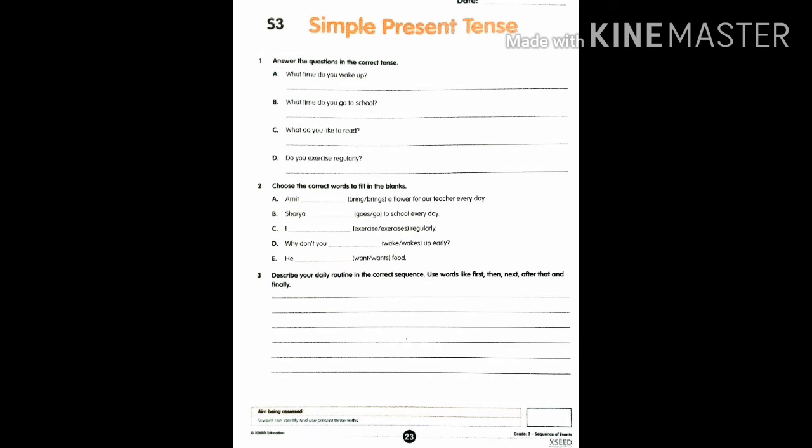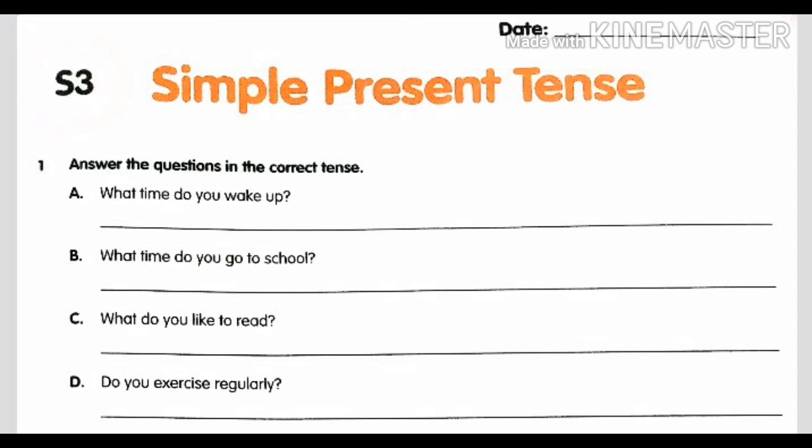Now open your volume. Page number 23. Now see the first question. Answer the questions in the correct tense. Means according to the question, check how it is. Whether your answer is going to be a regular one, a routine thing, a fact or something based on this, because the questions are the regular questions which they are asking about your regular action. So based on that, try to answer the question by checking your verb. And remember that our format is subject, verb and the object.